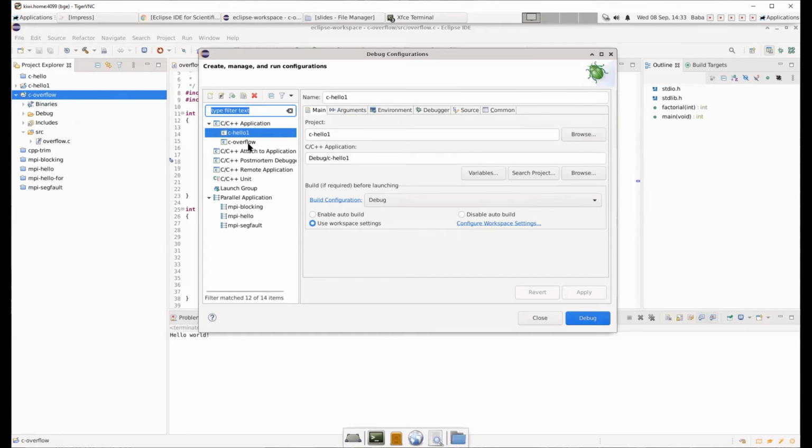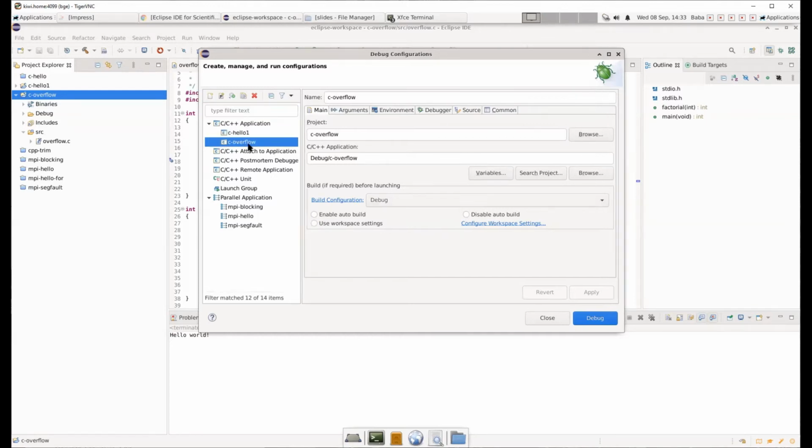Sorry, we're looking at C overflow. This is what we are looking at. We want to debug C overflow. Okay, so C overflow, and the next thing you want to see. This is a project, the C overflow,